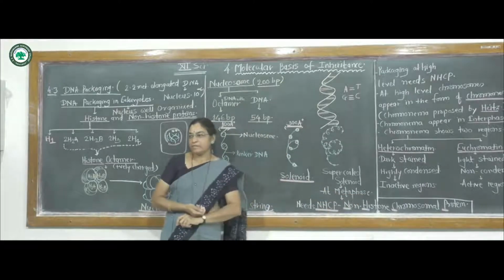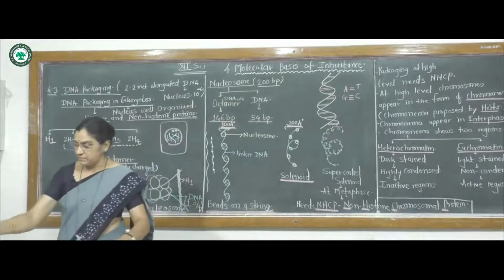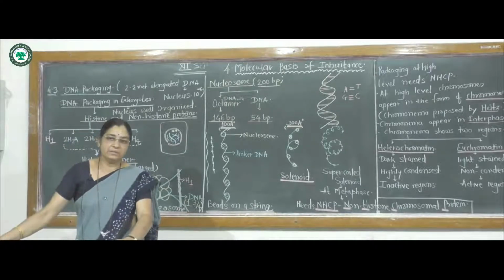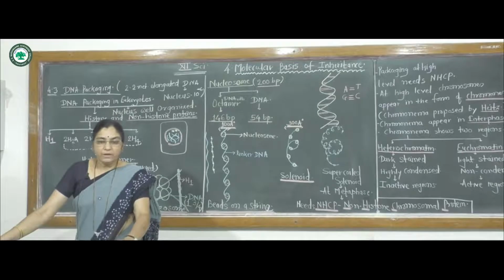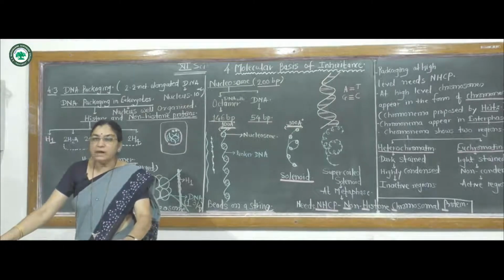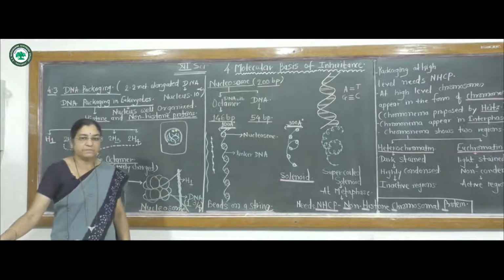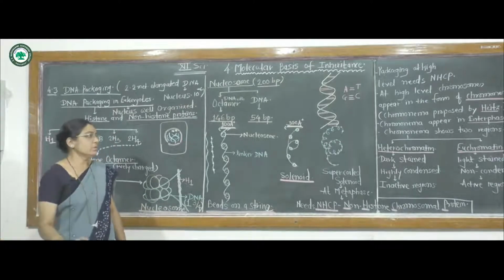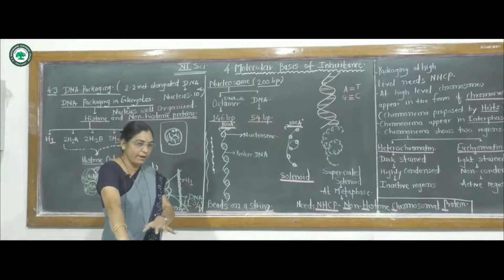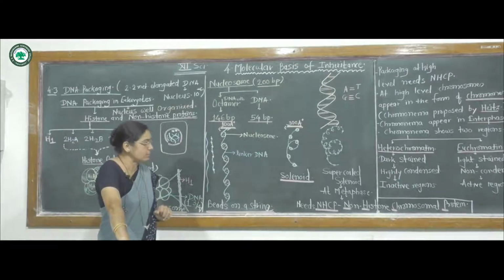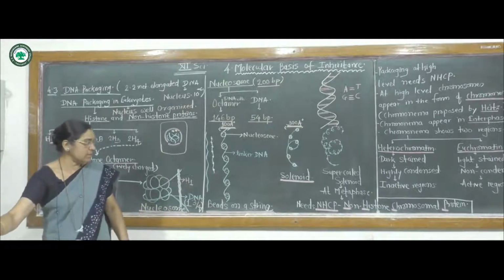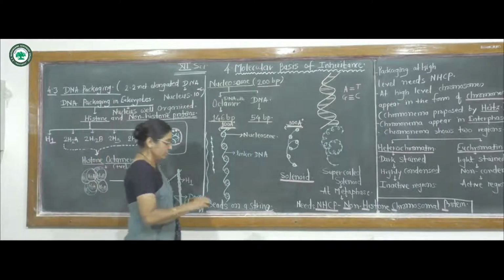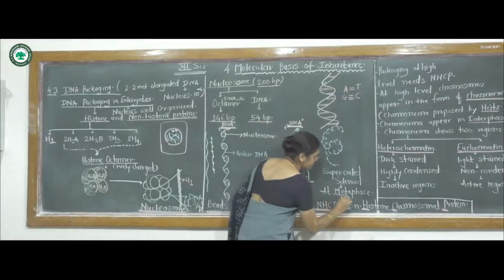The non-histone proteins play an important role particularly at the time of cell division, in the metaphase. You know about cell division: the single parental cell, after completion of the interphase, enters cell division, and the cell division shows 4 main phases, particularly in the somatic or vegetative type of cell: prophase, metaphase, anaphase and telophase.